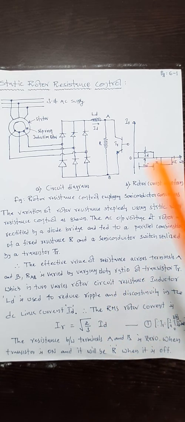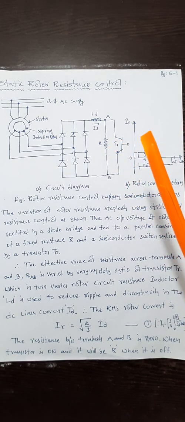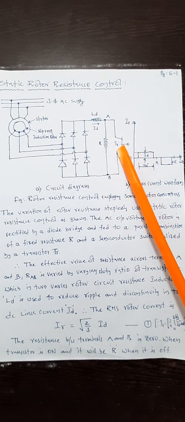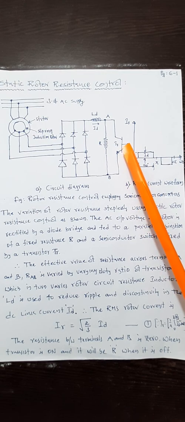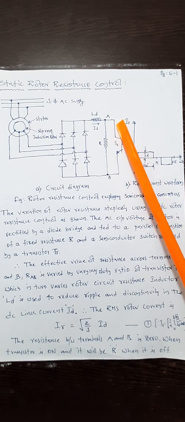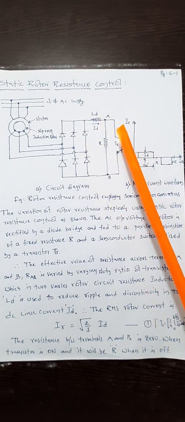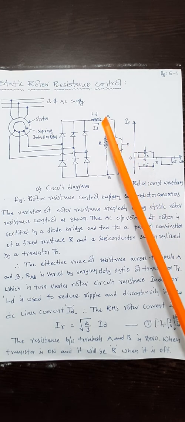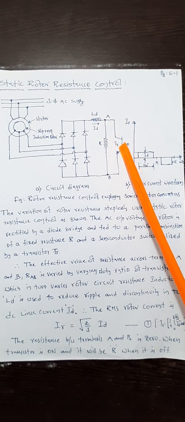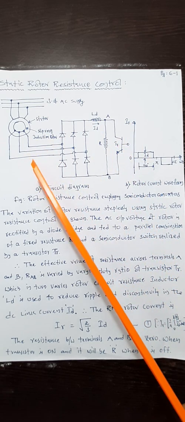Now, how is the resistance R varied between the A and B terminals? The transistor is a simple semiconductor switch which has two states, on as well as off. Suppose it is on, that means the connection is a short circuit. The current will always prefer the side with low resistance. If it is a short circuit, the entire current is transferred through the semiconductor switch. At that time the R value is zero, so no resistance is applied to the rotor.